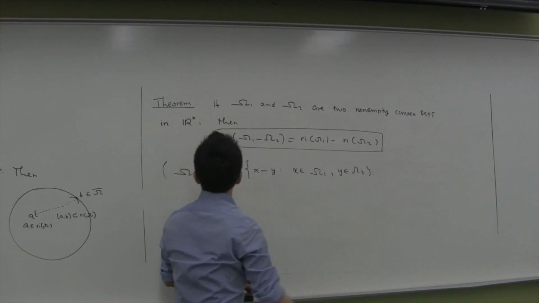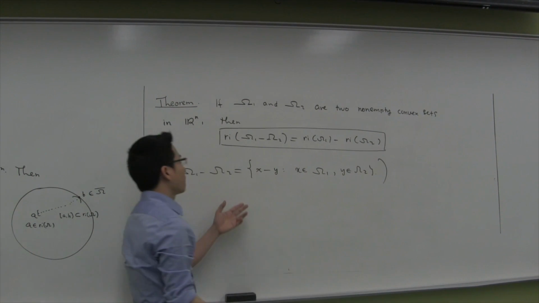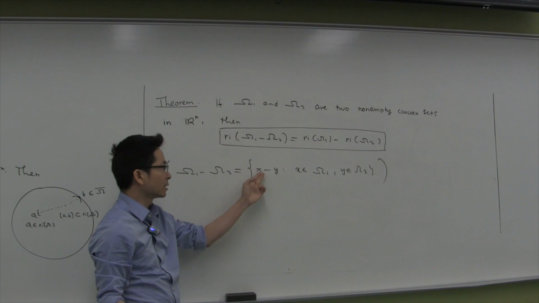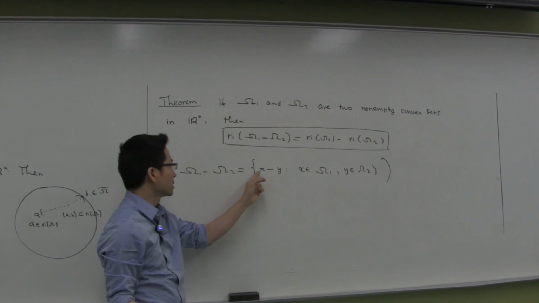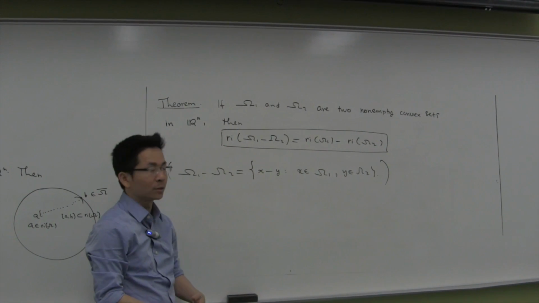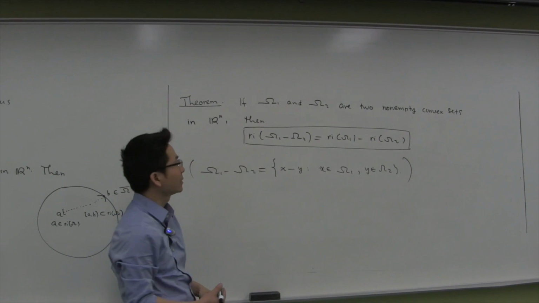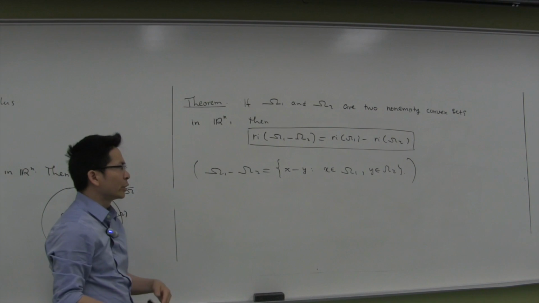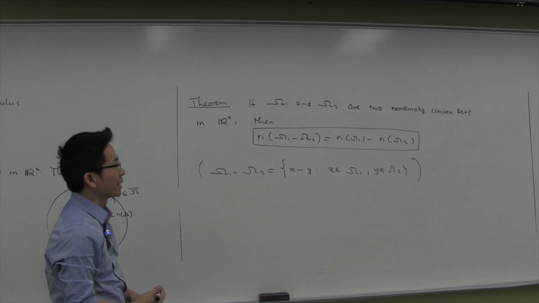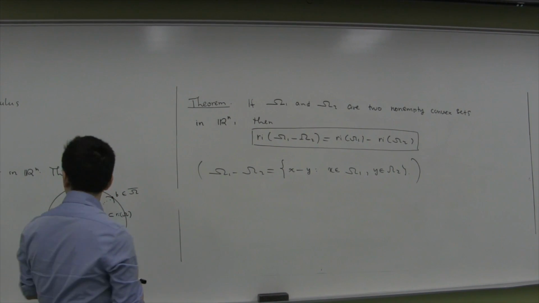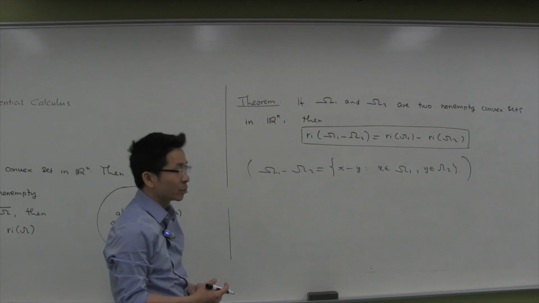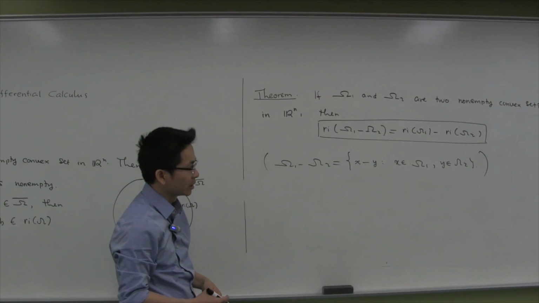So this is the set of all possible differences of elements of omega 1 and omega 2. Note that this is different from set difference. So we're going to use these properties later in order to prove a very important theorem on the proper